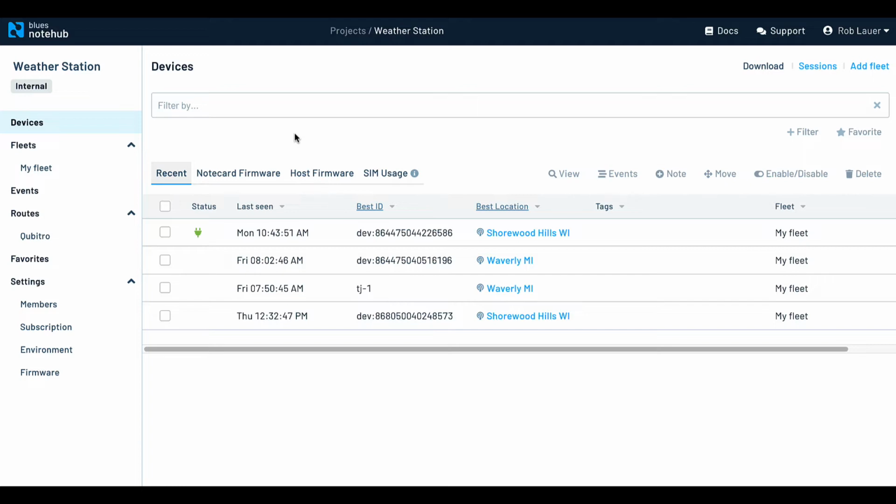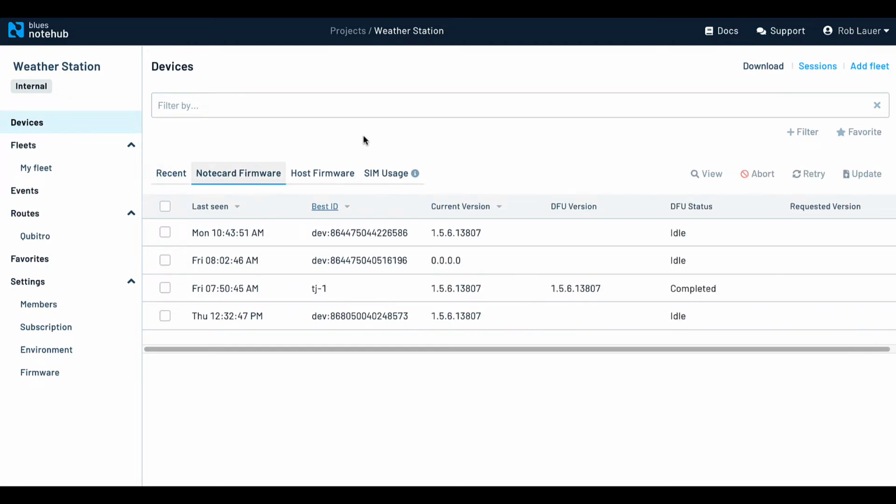Now, I could spend an hour talking about all the individual features of Notehub.io. However, I want to focus on some of the scaling features. So while I could dive into the details of individual devices, the first feature I want to show off here is the capability of updating both Notecard and host firmware. So you can imagine a scenario where there is a feature update, bug fix, whatever it may be in the Notecard firmware or in your host microcontroller firmware. You want to get that deployed as quickly as possible to 100 devices that you have here in Notehub.